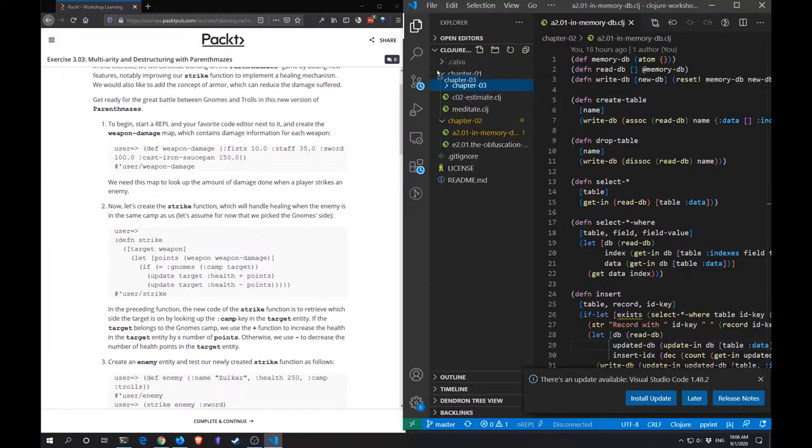It should not be inside. Yep. This is chapter 3, and here we want to create a new file, E3.03 multi-arity